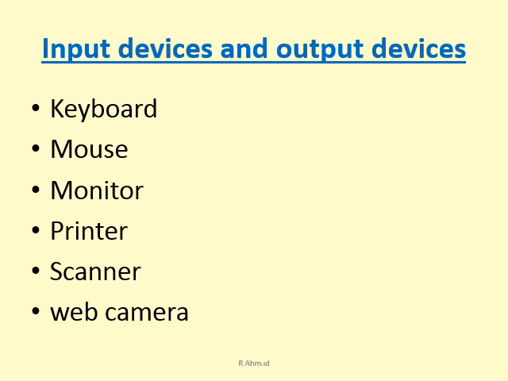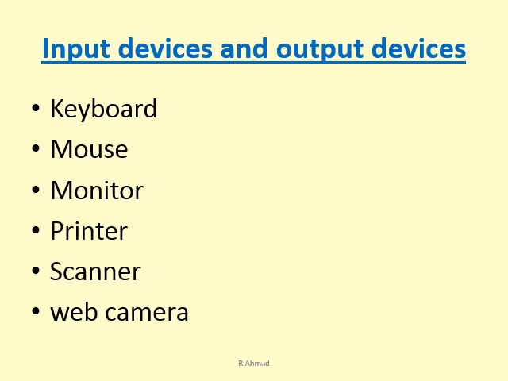Now children, mouse is basically a pointing device and has very limited feature of inputting data. In case you have a graphical user interface, suppose you want to run any application and that application is available in the form of an icon, then you can simply take the mouse pointer to that icon and press the mouse button. It will get activated. But when it is required to type something, unless you have a virtual keyboard on the screen, you will not be able to type using mouse. So you can say mouse is an input device, but primarily it is a pointing device.